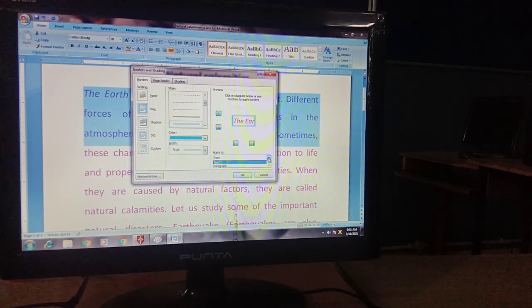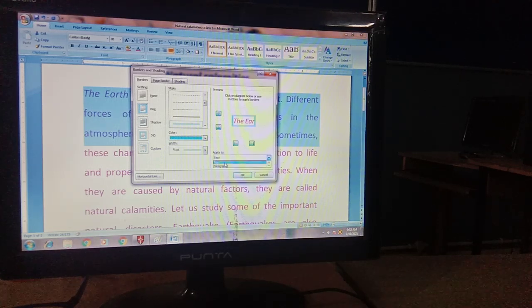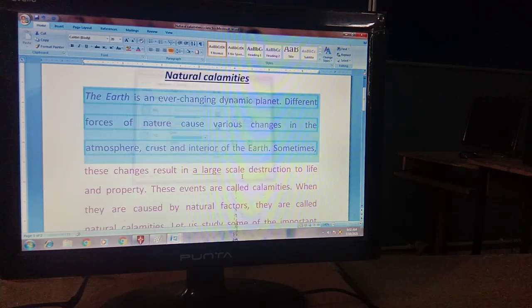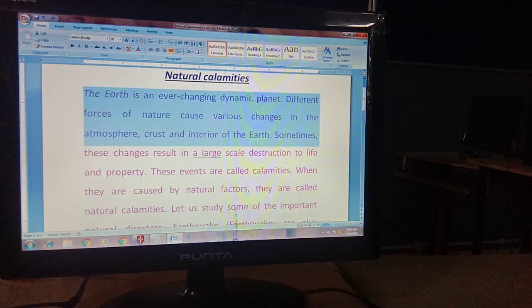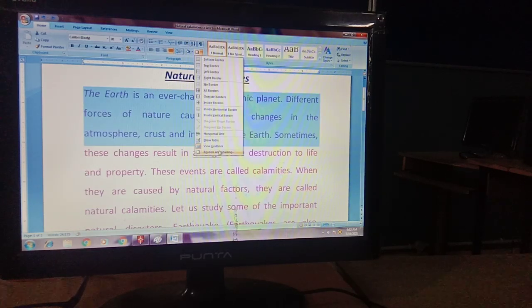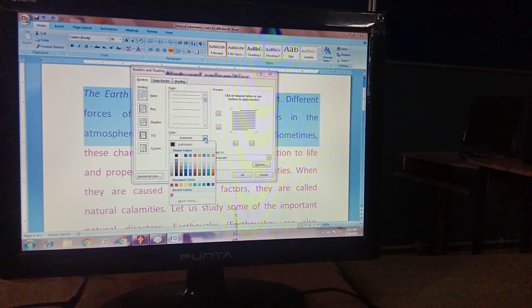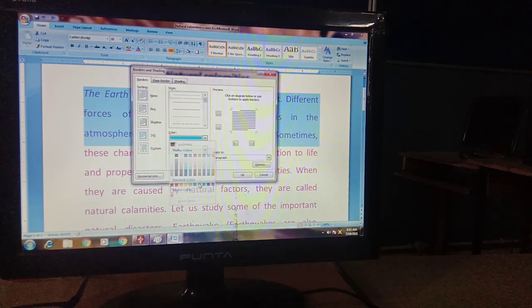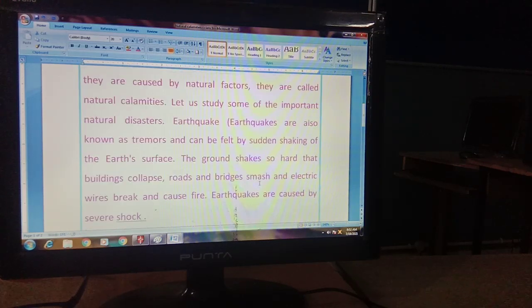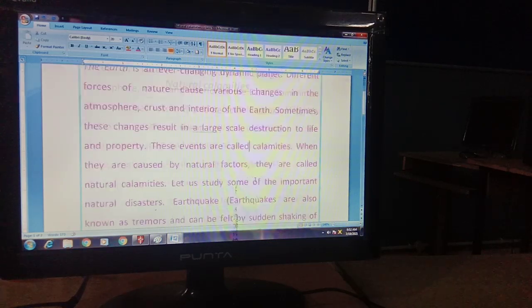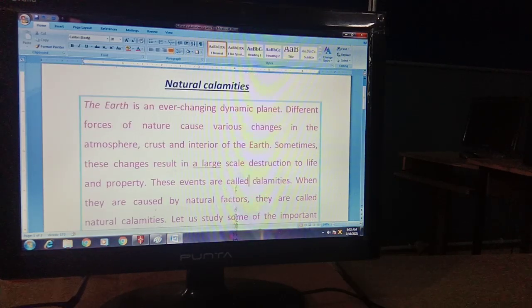Here you choose whether to apply it to the paragraph or to the text. I want to apply it to the text, so this is selected on text. But if I choose paragraph, then all my colors and borders will be applied to the whole paragraph.